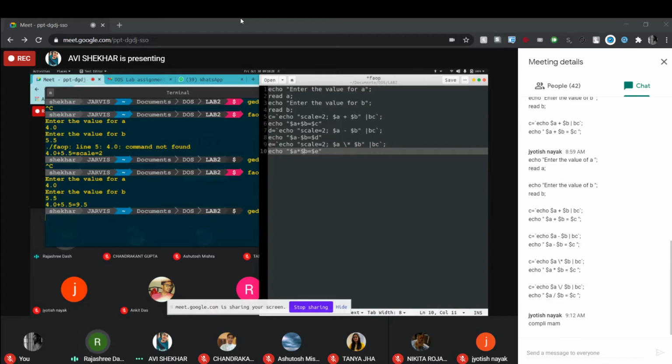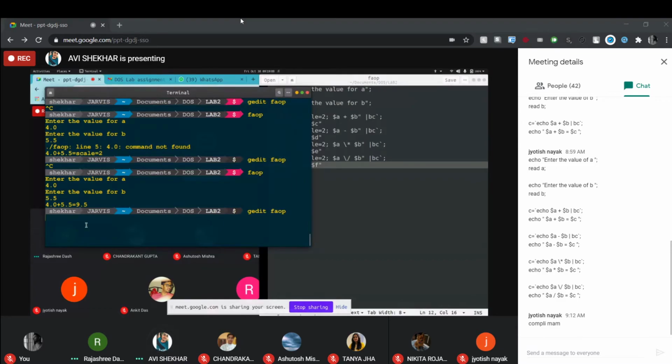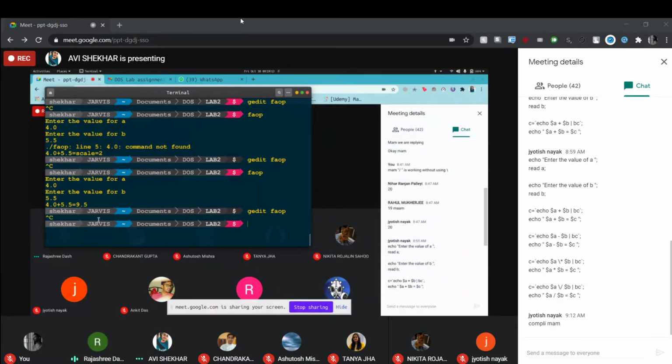Now same way write for the division. Again paste. Write the lines for division and for the power, a to the power b also. Okay, you solve this one. Okay, ma'am.